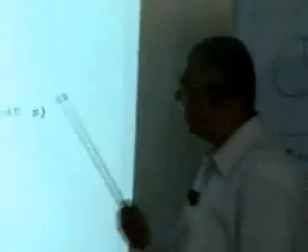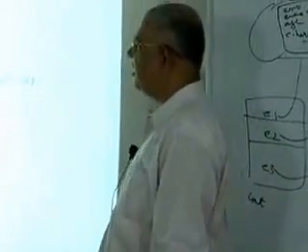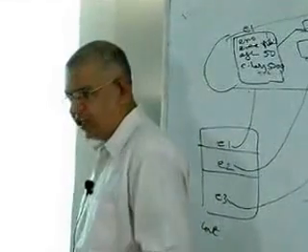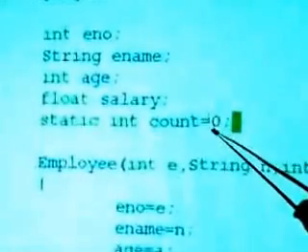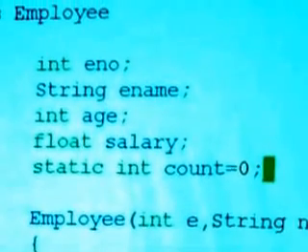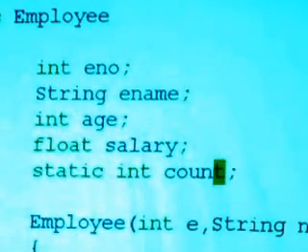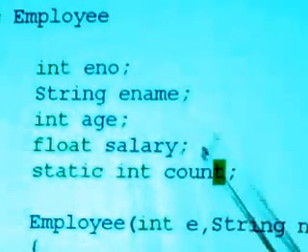Static means count now belongs to a class. It doesn't belong to an instance. Another additional thing is static variables by themselves are always initialized to 0 or null depending on the situation. So here they will be initialized to 0. Though it is not wrong to say that, there is no need to say that. So you can take away that 0 initialization, because the Java compiler will automatically guarantee that count will start with a 0.